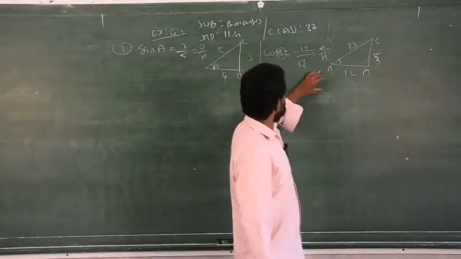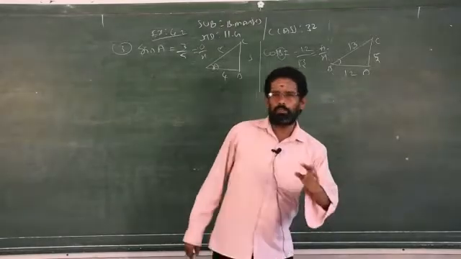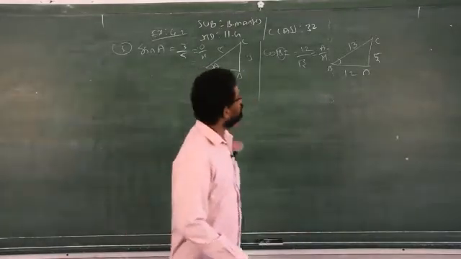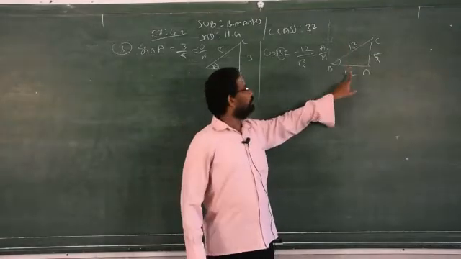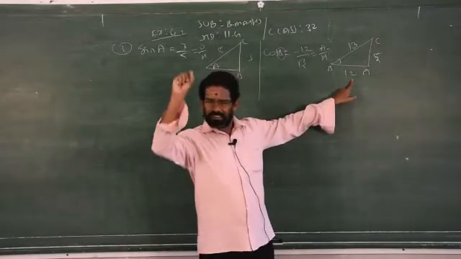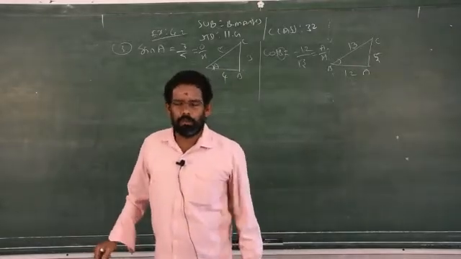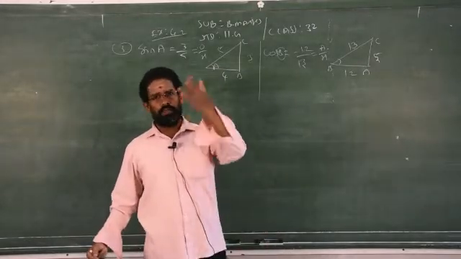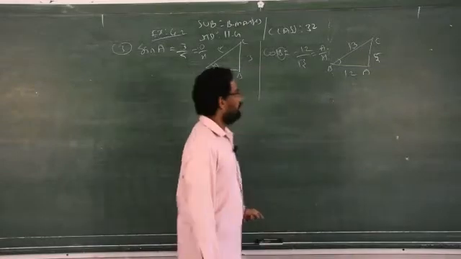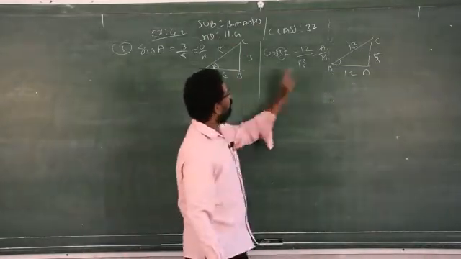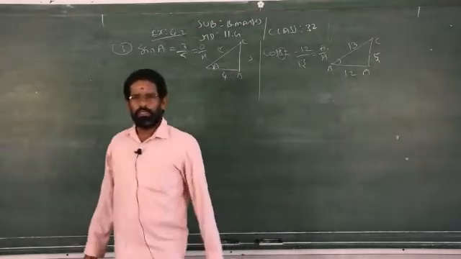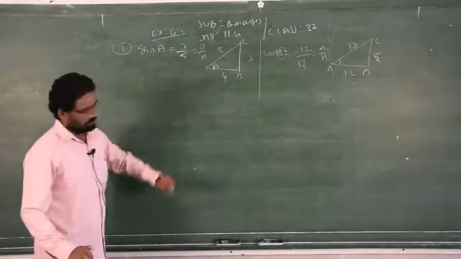Writing down the Pythagoras theorem and substituting these values, those processes don't carry marks. You can do it straight away. Clear? So 13 square is 169, 12 square is 144. Subtracting 144 from 169 gives 25. Then you take the square root, that is 5. So now I know all the sides of the right angle triangle for both sin A and cos B.